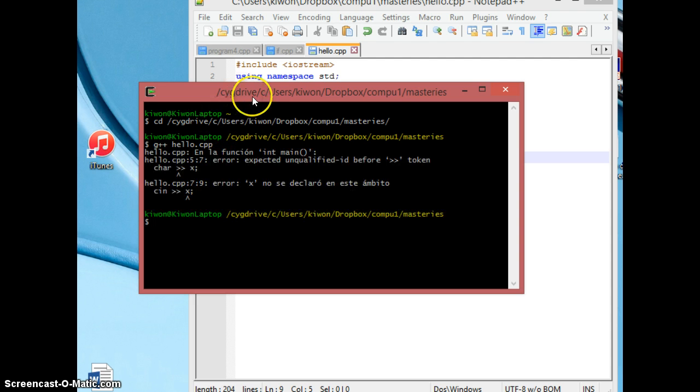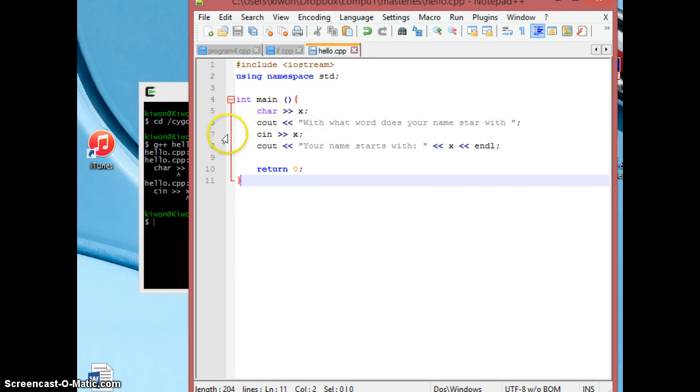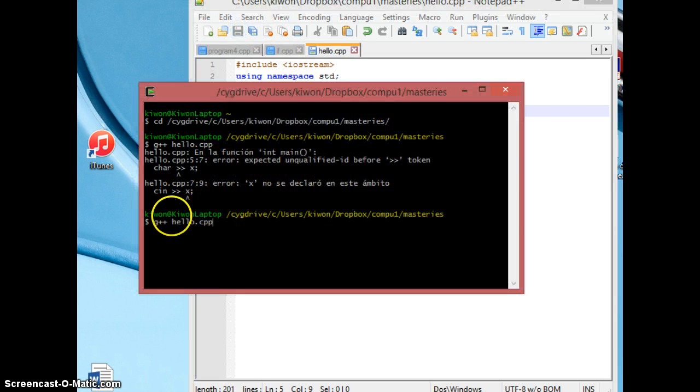and it says there's an error. It says the int main error expected before the token. I forgot something here. It's supposed to be char x, and I think that was the problem. So I'm going to compile again. So it says it works, and in order to run this program you need to put dot slash a